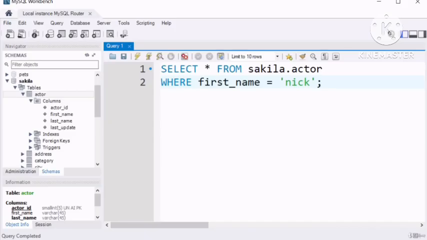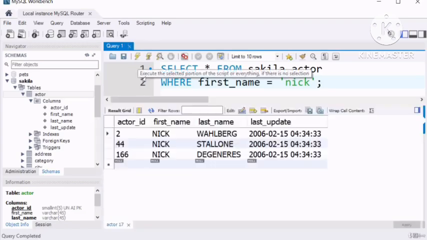We have so far used the where clause during the course. This is just to reiterate the importance of the where clause. So here I'm selecting all the columns from the table called actor from the circular schema where the first name equals Nick. So this is the condition. It will only return the results that match this condition. So let me execute. You can see here it's returned 3 records because there are 3 people that have the